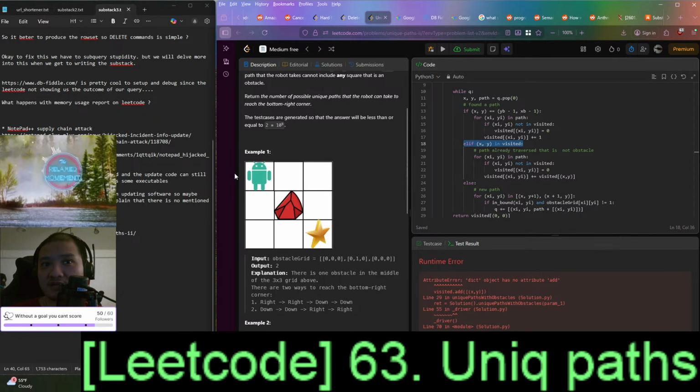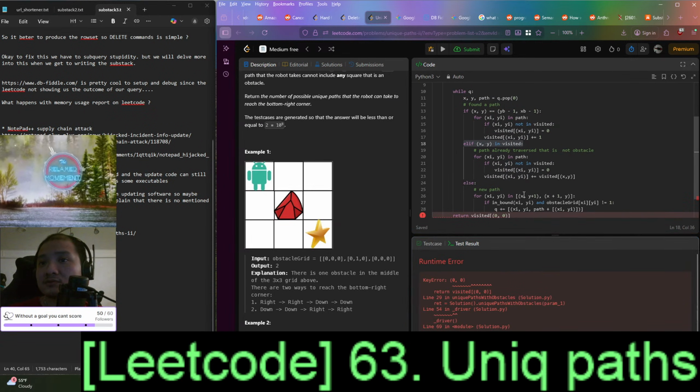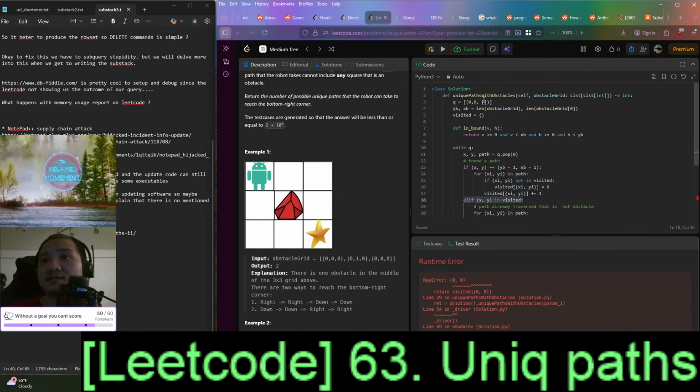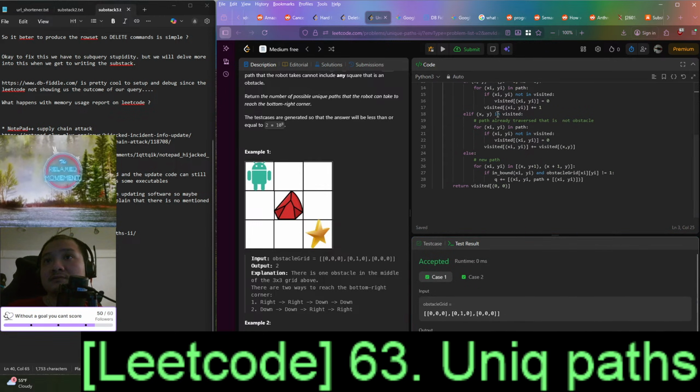So there's no cycle. You go down, you can go right. Eventually you get here. When you get here, it unwinds all the way to here and adds the visited, so we don't have to do the visited add. Oh, I see. I think my intuition is correct. So we have to do this so that it's added to the parent. Yes. So we submit this.